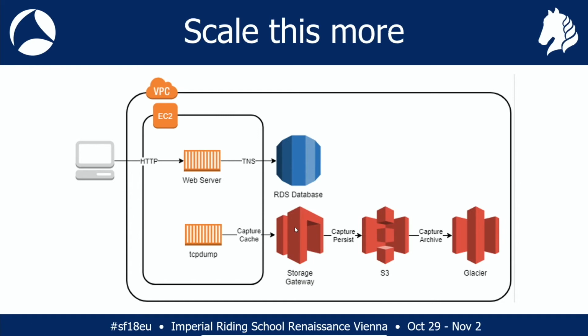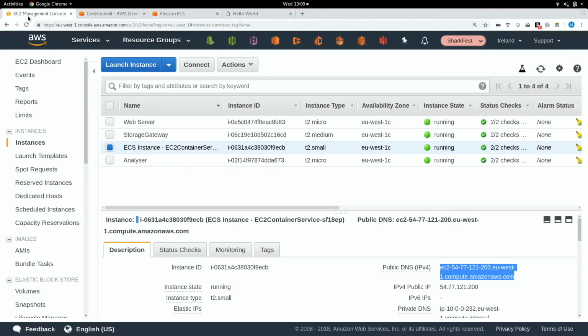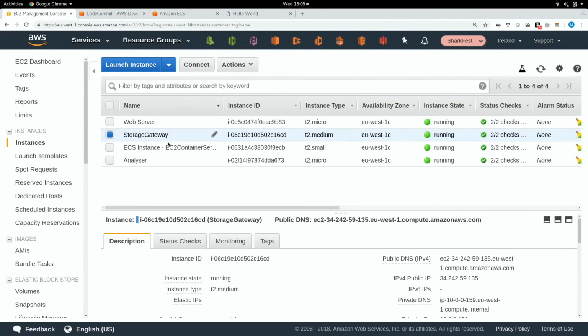Originally, you can actually buy Storage Gateway as a hardware appliance. You can buy it as an ESX VM or an Oracle VBox, whatever, and deploy it in your data center to back storage up to S3, which is highly durable and highly scalable. But you can also do it as we've done it here. We've deployed Storage Gateway as an instance into our EC2 environment. If you remember, you probably saw it earlier on, we've got a fourth instance here, which is a Storage Gateway. So that's up and running. It's semi-managed, and you can launch multiples of them if you want, depending on your need.